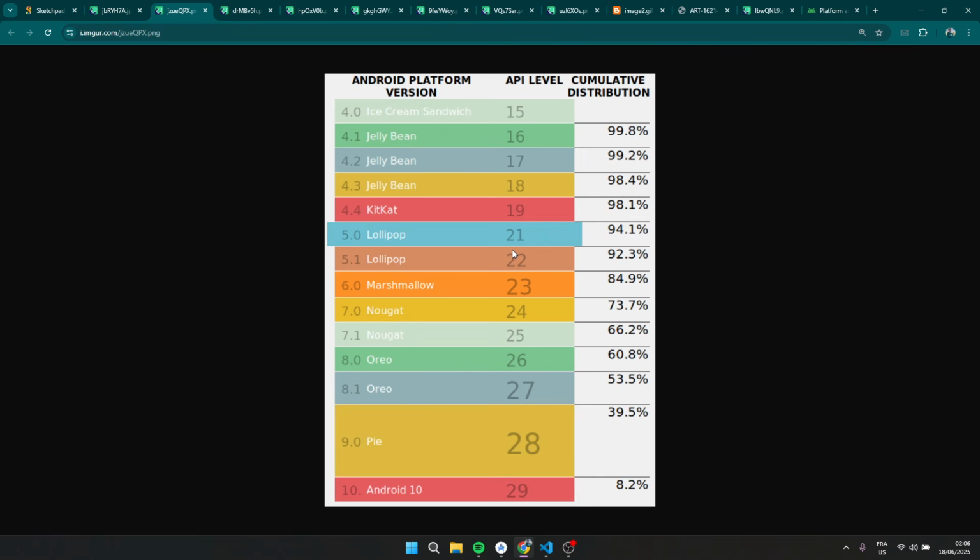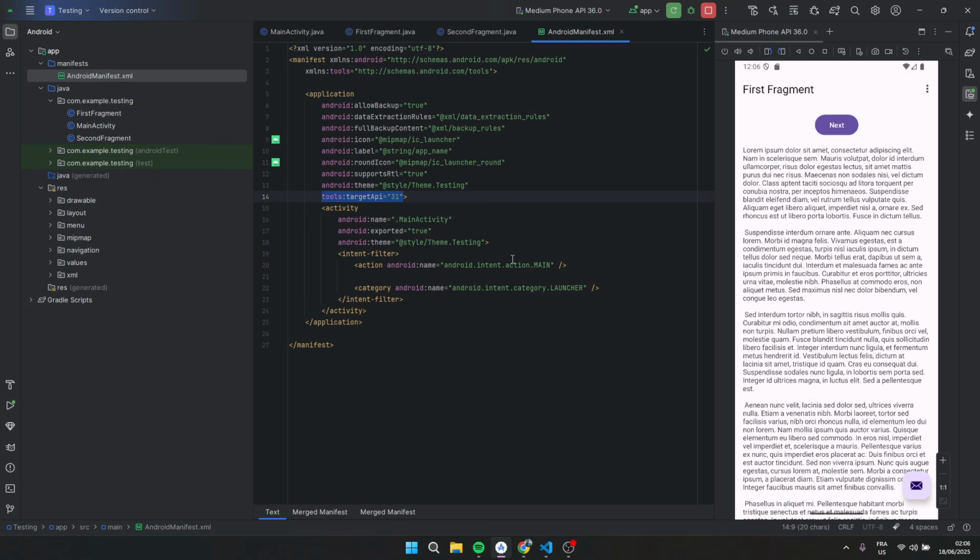So for example, when you are trying to reverse engineer an application that uses API 21, you're not going to use an emulator that uses API 17 or 16 or 15 or whatever. You should use an emulator that uses API 21 or above. So that's the moral of this story. Either way, I think that's it for now.